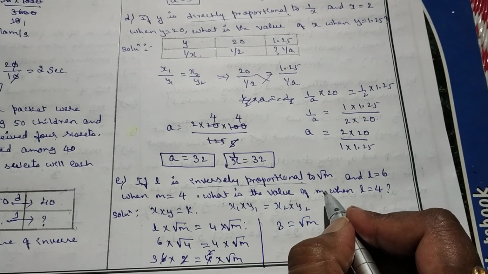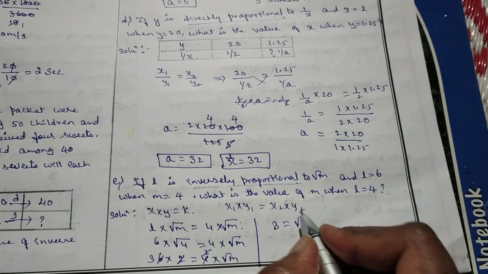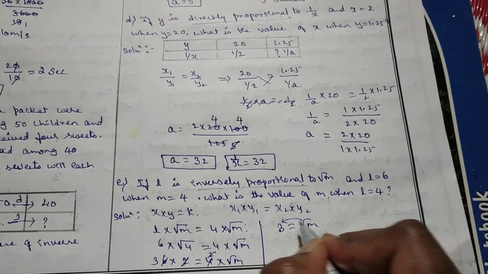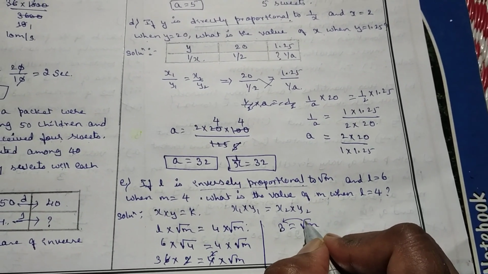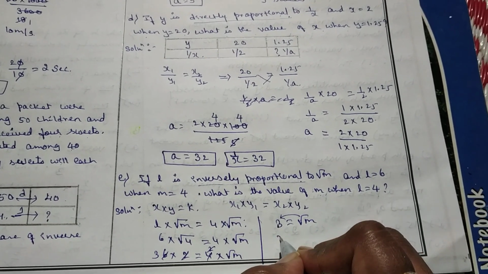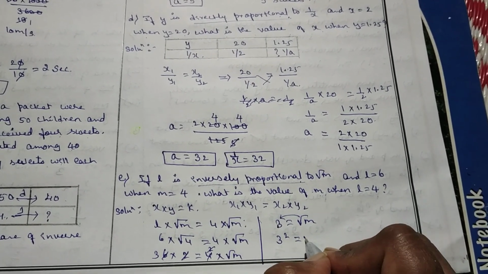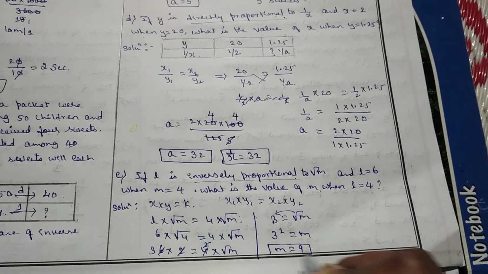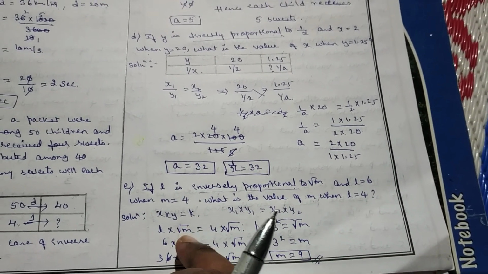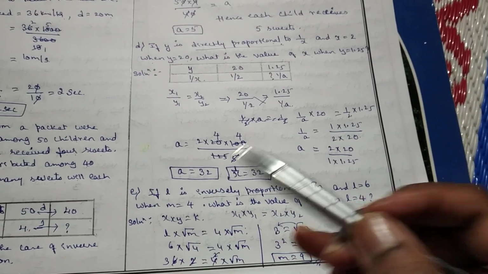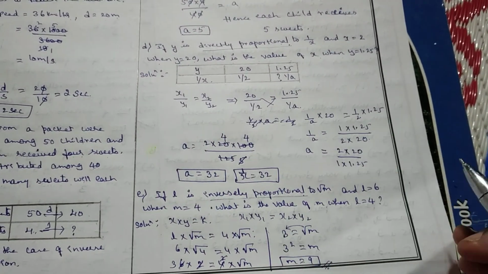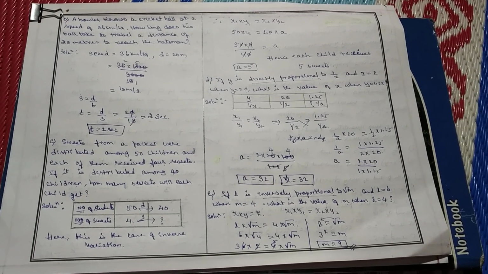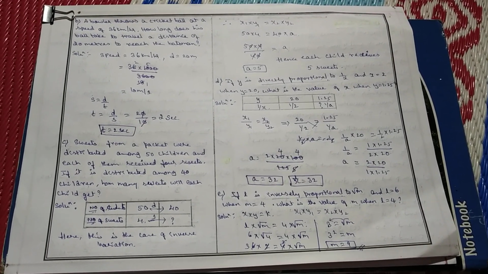But here he asked only for the m value, not the root m value. If I want this root m to be cancelled or transposed, as we have learnt in exponents and powers, a square root moving to the other side becomes a square. That is, 3 squared equals m, then m equals 9. This is the value of m. So how we did question number E, the same thing we can do for question number D to reduce the steps, children. So this is about the first question, A and B, from the brain teasers.